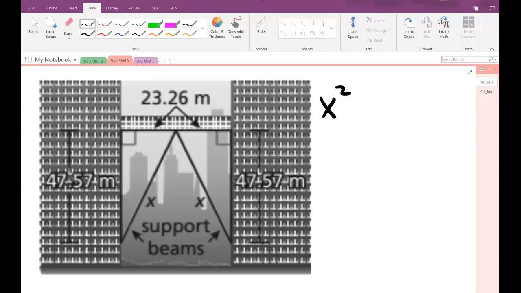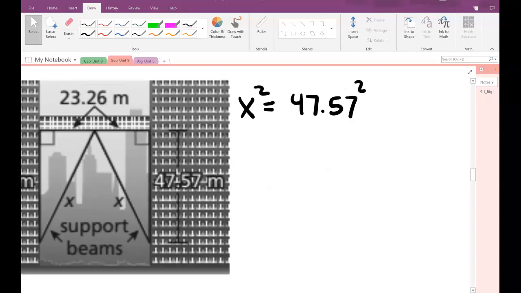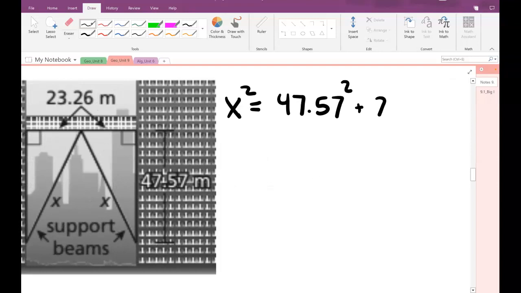So we could say x squared is equal to 47.57 squared plus 23.26 squared. You'll definitely want to pull your calculator out to do this. It's 47.57 squared plus 23.26 squared. I just put it all into my calculator at once to eliminate having to round more and more. So I would get out